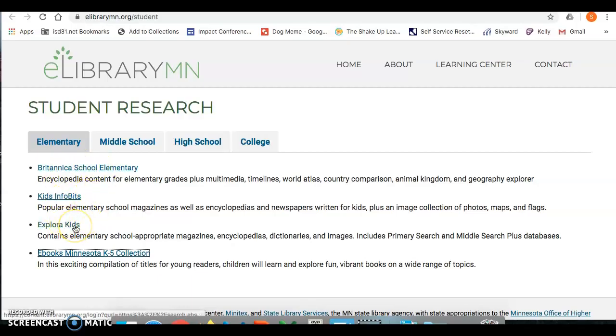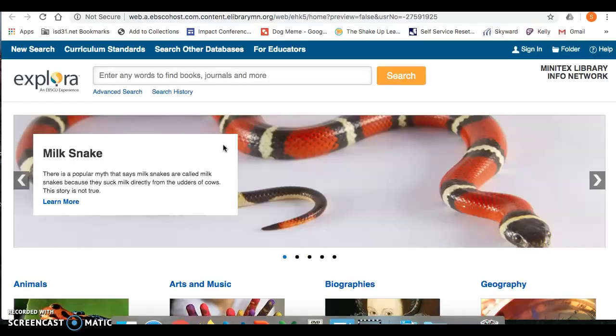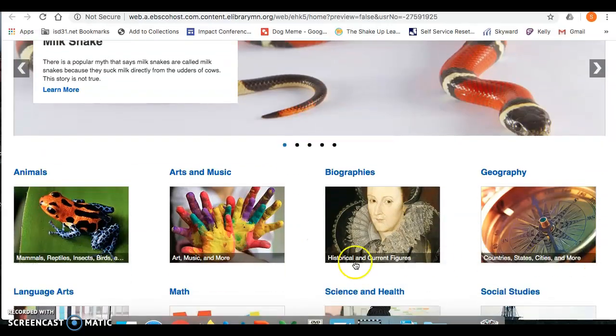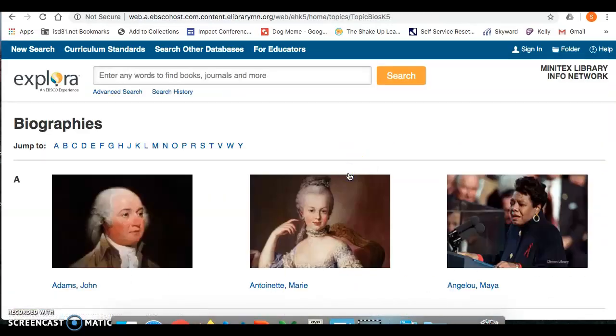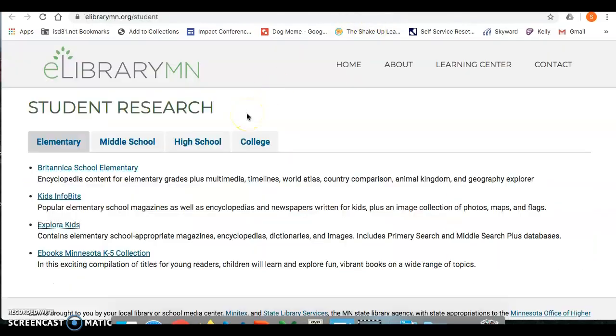Here are our three databases, and I'm going to show you this one, and I'll explain why in a minute. This one's called Explora Kids. And with this one, say we're still looking for our biographies. Here's our biography tab. We go right to that, and we can either search again alphabetically, or we could put in our title up here. We could put in George Washington and go right to George Washington. Back on the home page, we're going to go back one more